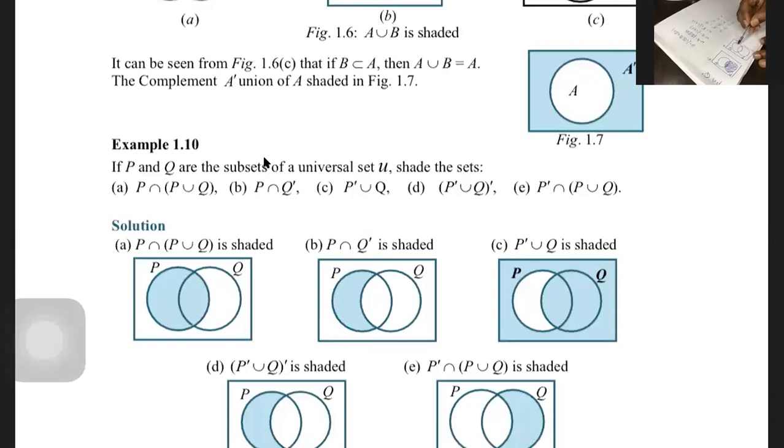So when you look at this diagram, what can you say Q complement is? Where should I shade? Where do you think I should shade? When you pick anything that involves Q out, then